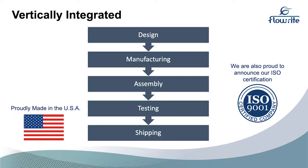Todd? Hello and welcome. My name is Todd Hart, the President of Flow-Rite Controls, and I'm here to provide information on Flow-Rite as an organization. Flow-Rite is a vertically integrated fluid control company founded in 1981 and rooted in innovation and entrepreneurial spirit. What does vertically integrated mean at Flow-Rite Controls? It means we design our own products, cut our own steel, mold our own plastic, assemble and ship around the world while providing support through our home office in Grand Rapids, Michigan, and onwards to Shanghai, China, Hong Kong, and